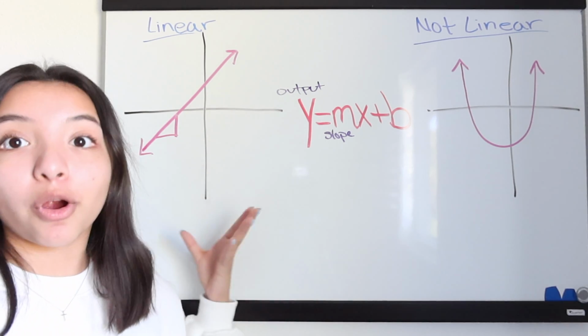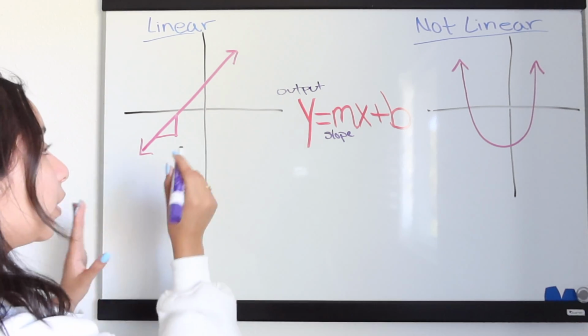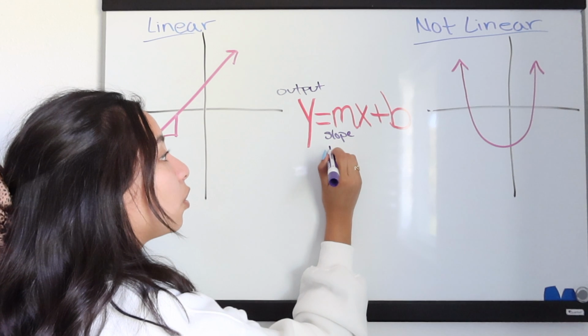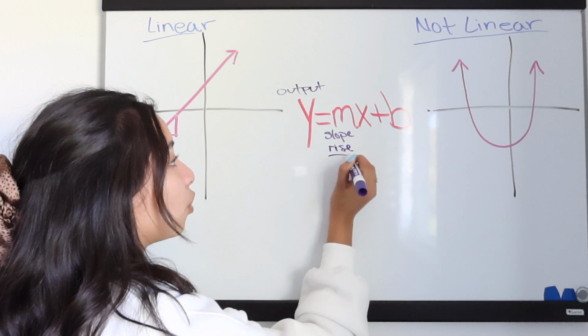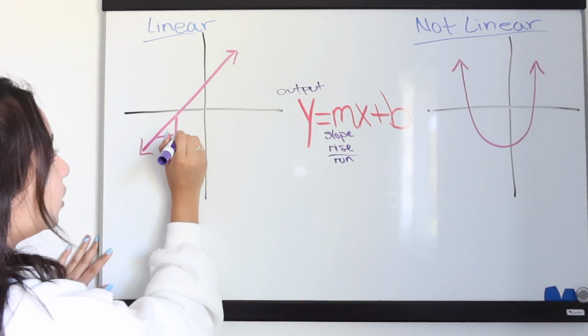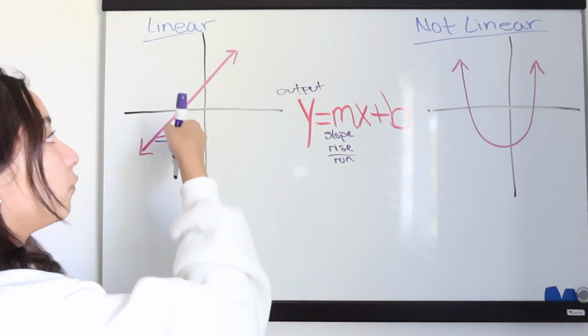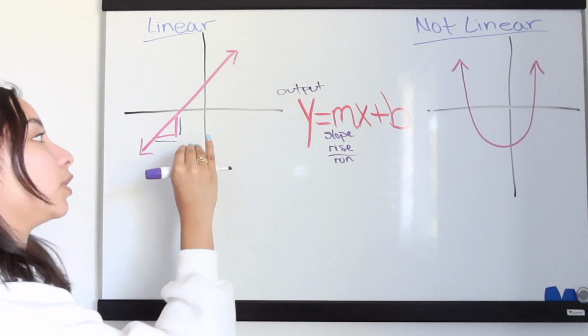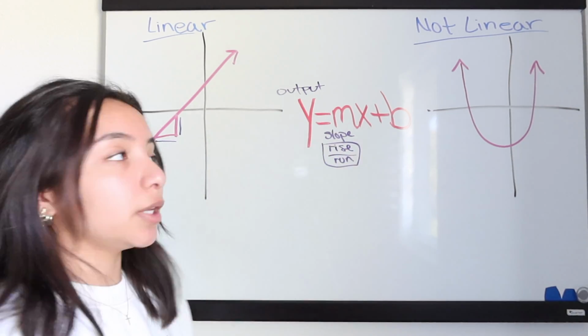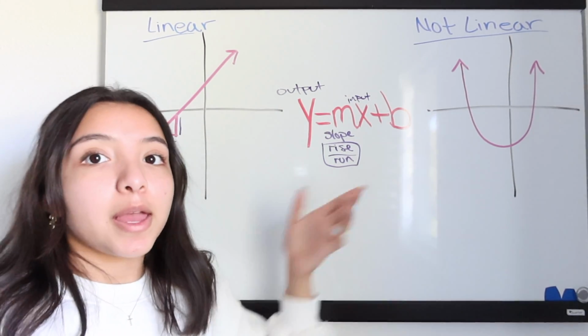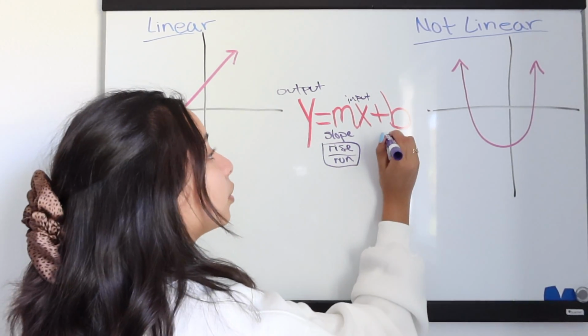Now in this case, there are no coordinates, but it's important to remember that the slope is equal to rise over run. So this is your rise, and this is your run. Your rise is vertical, the run is horizontal. Then the x is just your input, plus b. And b is called the